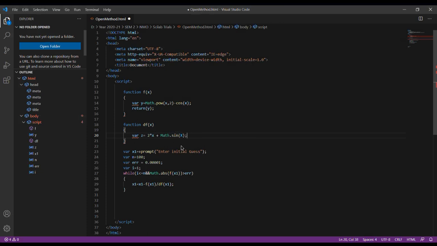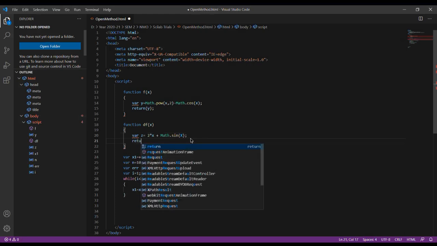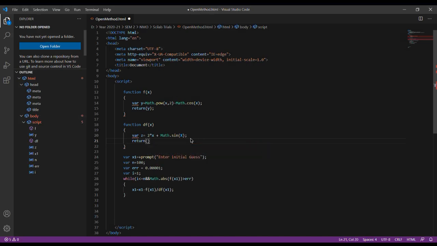Okay, you have to go above also. We have written simple cos x, that you have to convert to math dot cos x. Okay, here. So now we have both the functions available with us. Shall I press return z here? Yeah. So after that, you have to return the value of z. Semicolon.